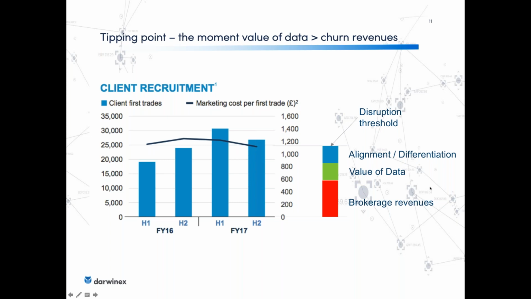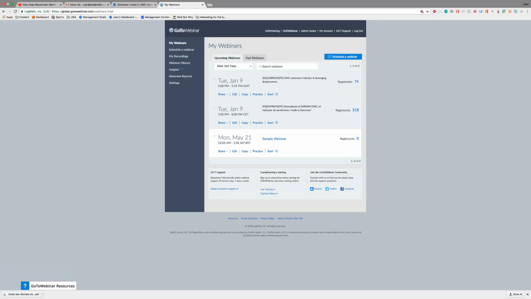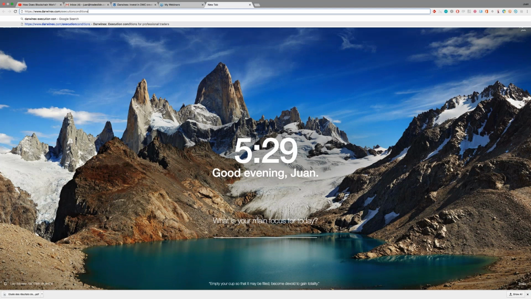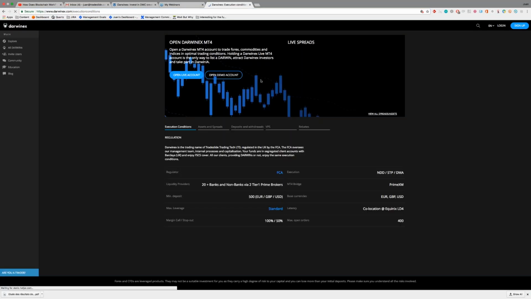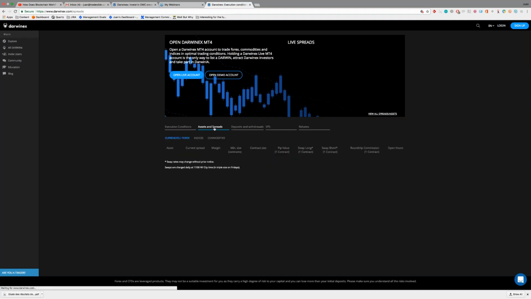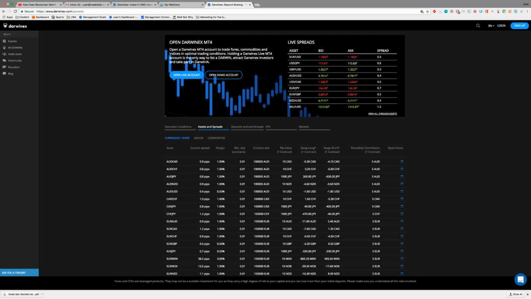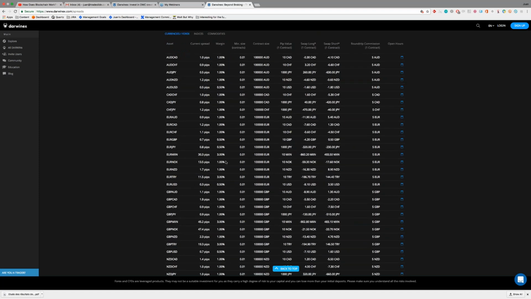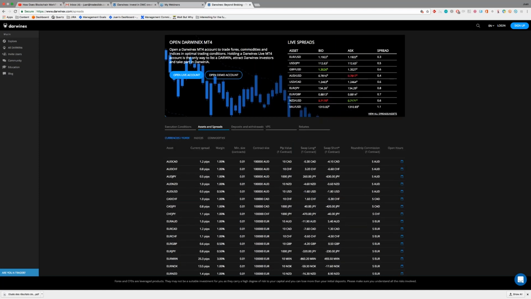Modestus is asking me what sort of leverage we offer, and this is public on our execution conditions. So I'll just go out to the site, and you can look it up on Darwinics execution conditions. And this is updated at all times. So assets and spreads, and you can see the margin. In some assets it's 1 to 100, in others it's 1 to 30, and so forth. But importantly, the larger your account, we will also limit your net open position so that de facto for larger accounts, the leverage we offer is less than this.